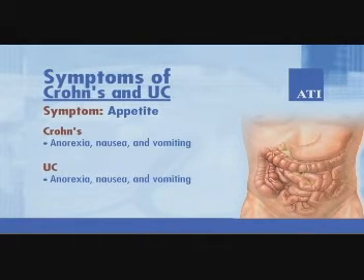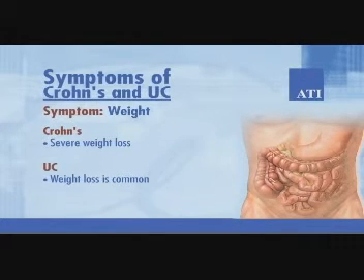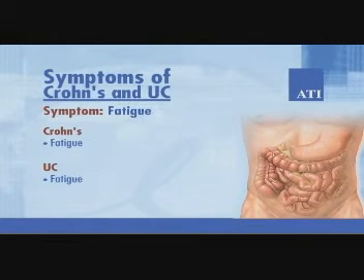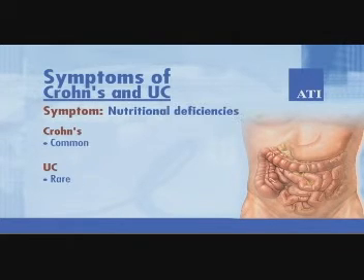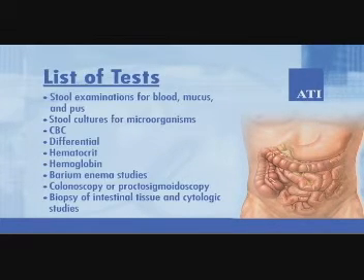Appetite. With both, anorexia, nausea, and vomiting. Weight. With Crohn's, severe weight loss. With UC, weight loss is common. Fatigue. With both, there is fatigue. Tenesmus. With Crohn's, it is rare. With UC, it is severe. Nutritional deficiencies. With Crohn's, it is common. With UC, rare. The diagnostic tests for IBD include stool examinations for blood, mucus, and pus, stool cultures for microorganisms,